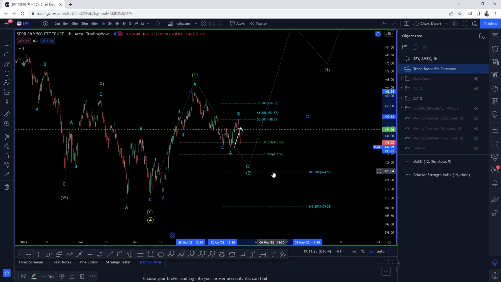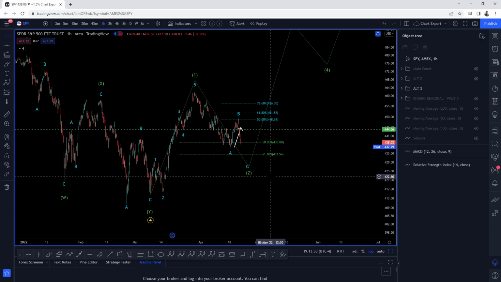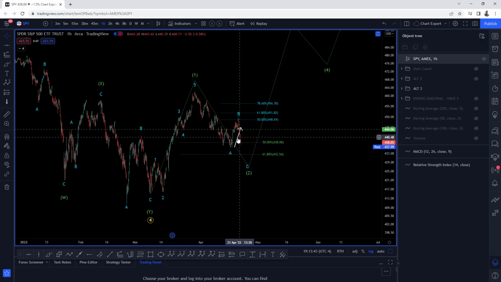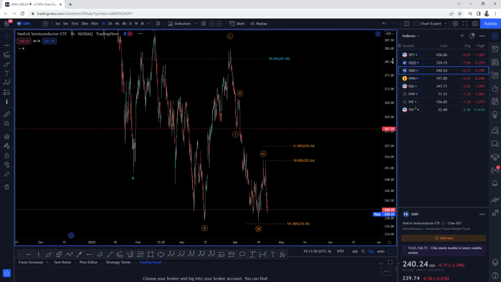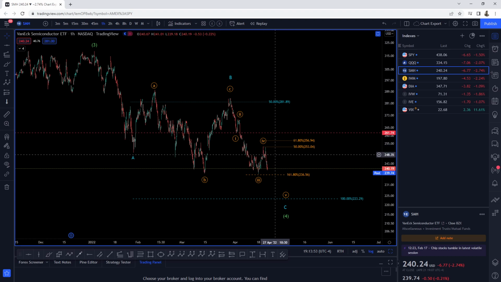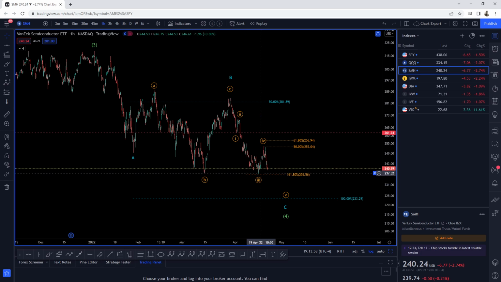So be aware that being patient is key. If you're too bearish, be careful. But if you're too bullish, again, also be careful. Just consider the fact that we may head lower. All right, guys. Let me see if I could take a look at the SMH. As I mentioned yesterday, in the SMH, we've perfectly found the 50% retracement as resistance. We started breaking lower, so a break below 237 is going to be further confirmation to the downside.